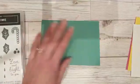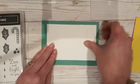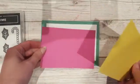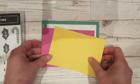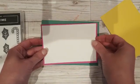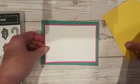Okay, and then we've got a Whisper White panel. Now, the colours I'm going to use are Just Jade, Magenta Madness, and Daffodil Delight. So what I need to do is, I can't decide whether I want my backing to be Magenta Madness